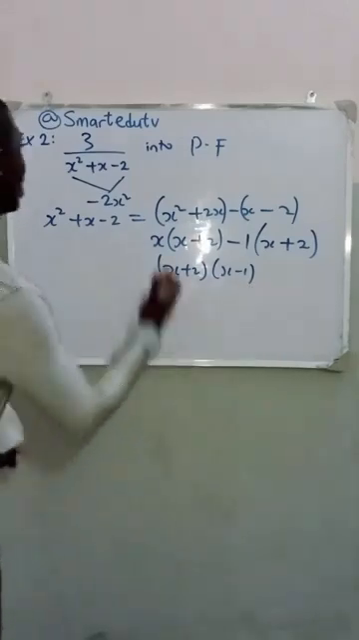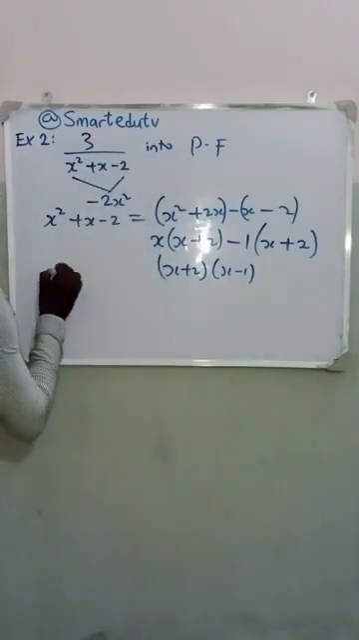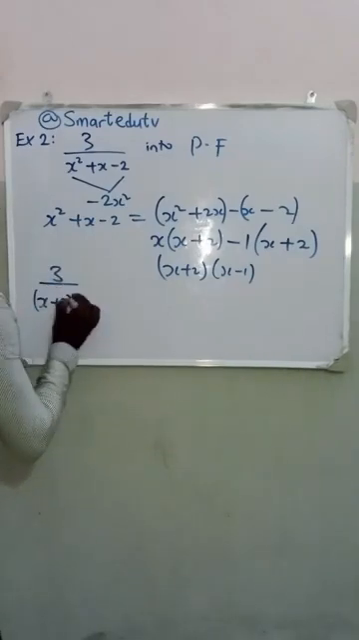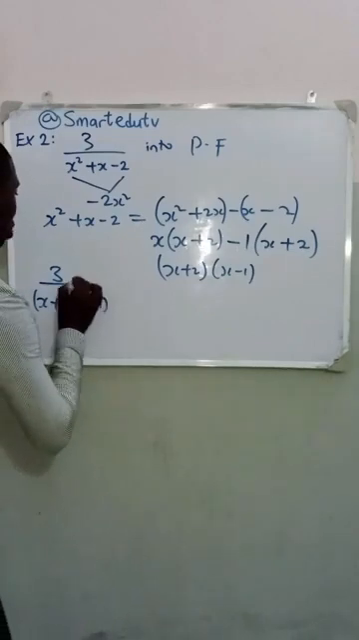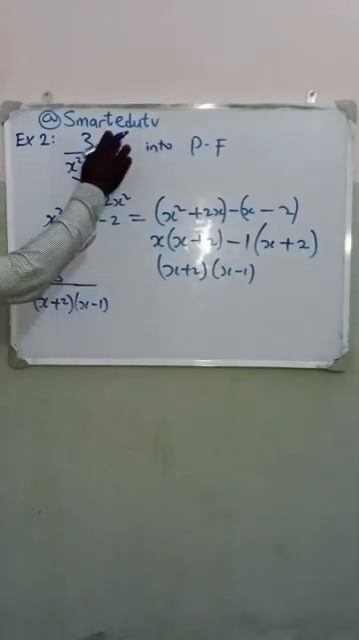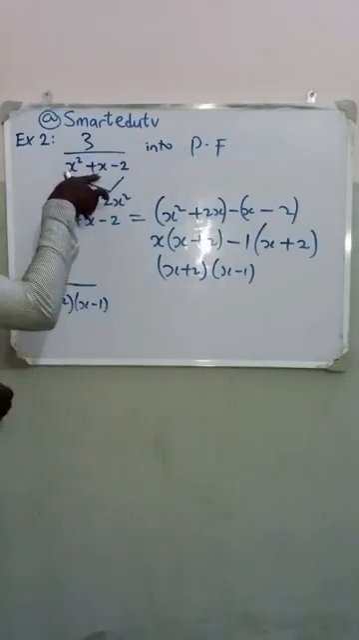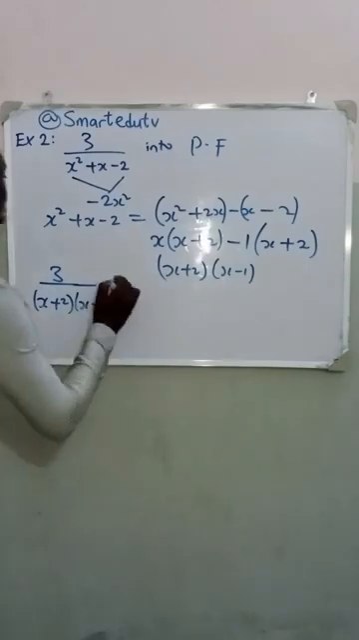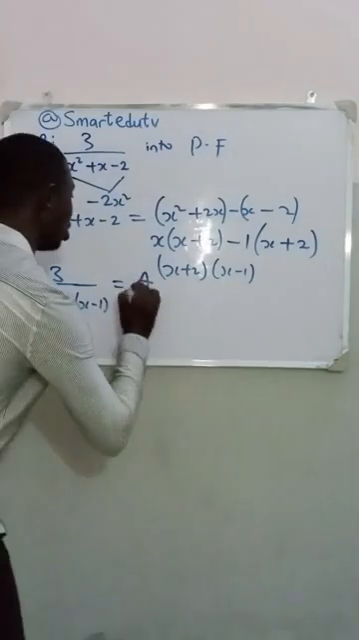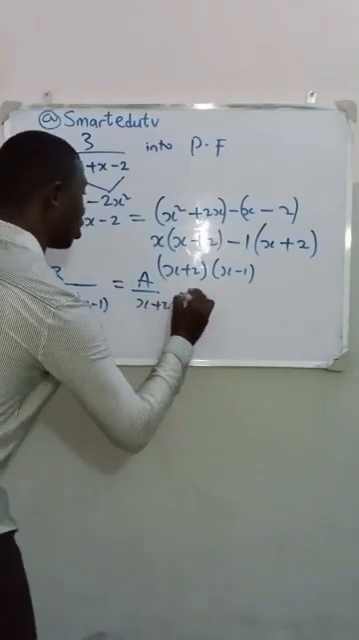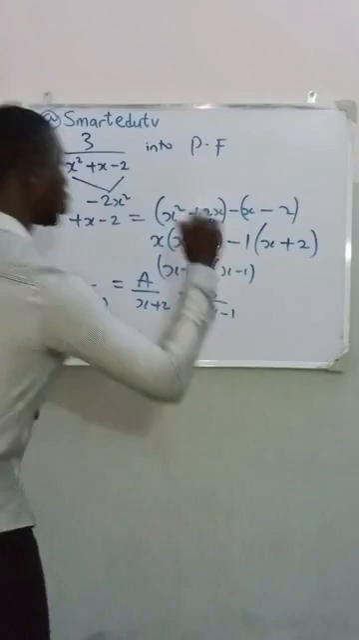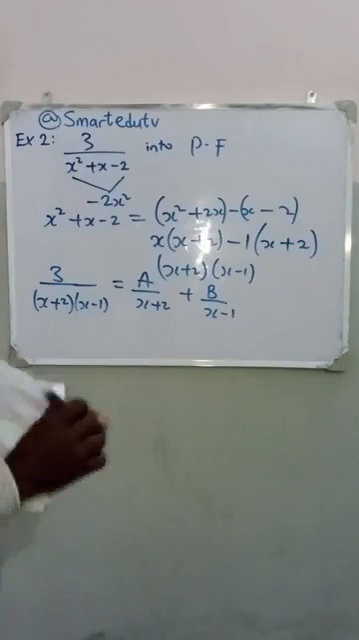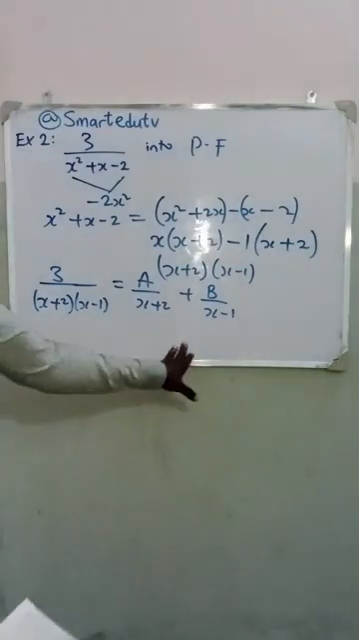It simply means that the whole of this fraction can be written as 3 over x plus 2 times x minus 1. The whole of this is the same as this, because the factors are x plus 2 and x minus 1. So my solution will be of the format A over x plus 2 plus B over x minus 1. The quickest way of resolving this is by using